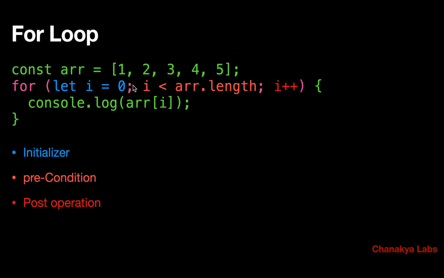The semicolon is there, and after that again another semicolon is there. So between this first semicolon and the second semicolon, whatever is there, that is the condition. Now we know that this thing will return true or false. Why? Because this is a conditional operator, so anything less than something will return a boolean value, right? Now if that boolean value is true, then it will go inside the body. If it is false, then it will not go inside the body, and it will exit,